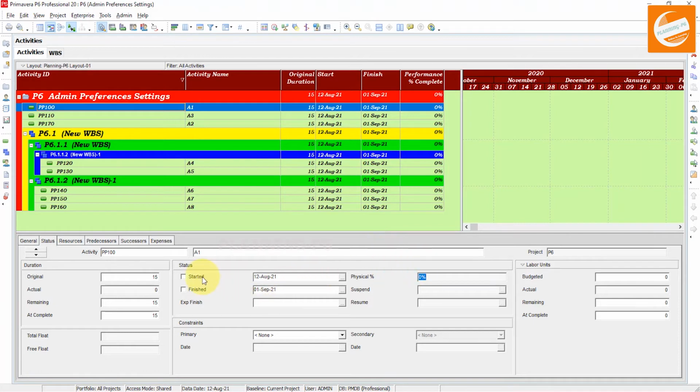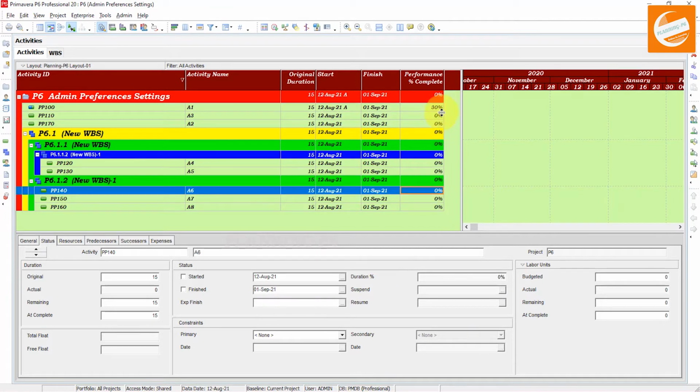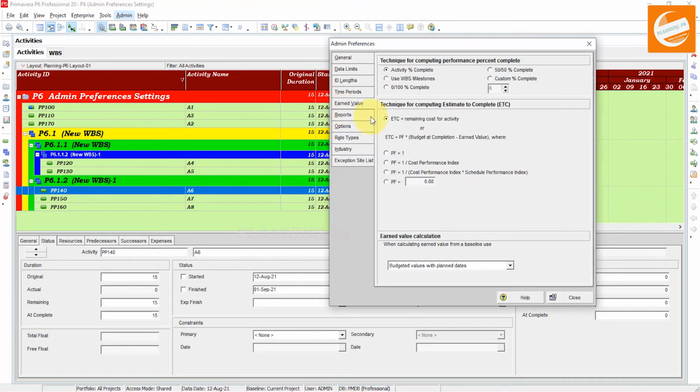If that activity is started and completed at 30%, you can see here the performance is 30%, and the other option will not work here. This is how activity percent complete works: it is equal to the activity's physical unit or duration percent complete, and this option will calculate the performance as equal to that one.